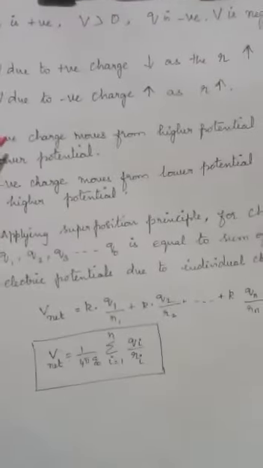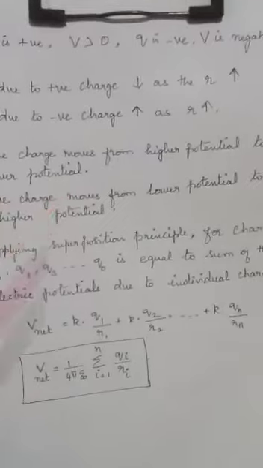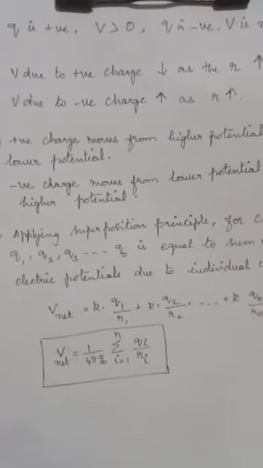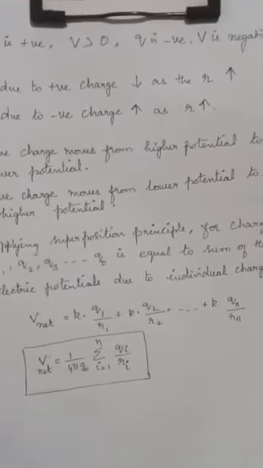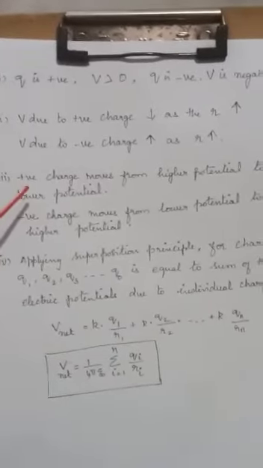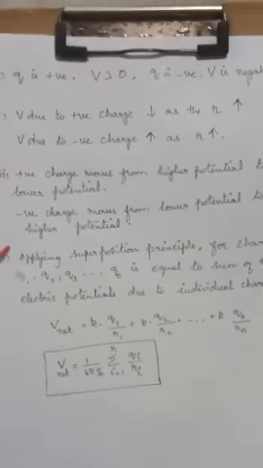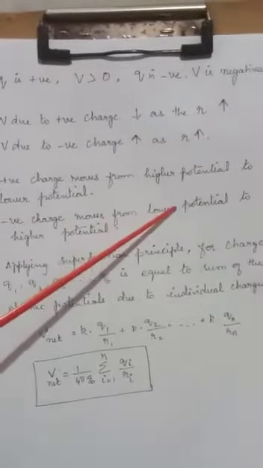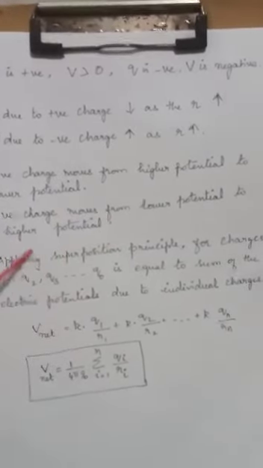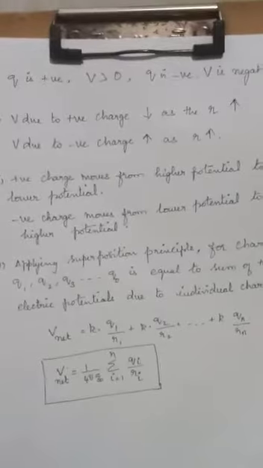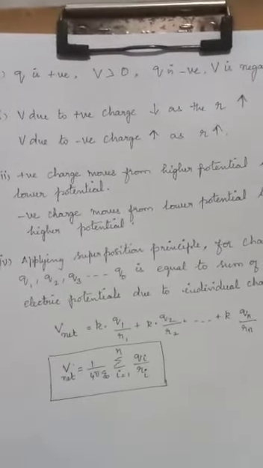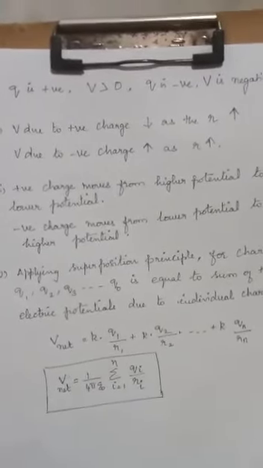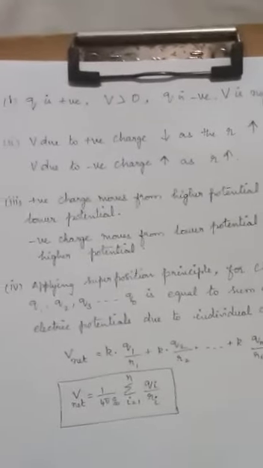And a positive charge always moves from higher potential to lower potential. Just like water also falls from higher potential to lower potential. That is the normal condition found when you have a positive charge. But when you have a negative charge, it will move from lower potential to a higher potential. This is something that you can imagine, like water rising in the motor from the ground level to the tank. That is what this is.